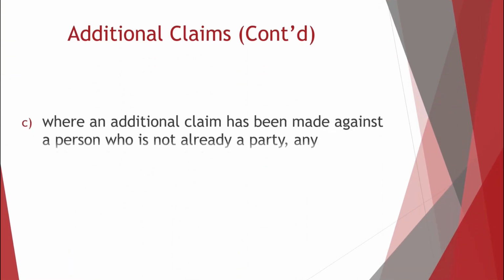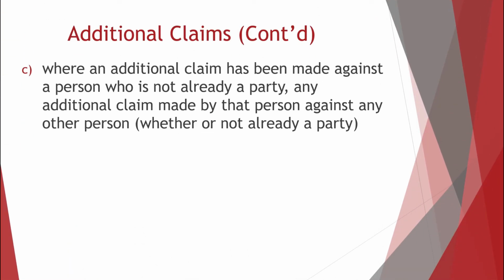An additional claim may be made against the existing claimant and other party to the proceedings, or a third party not currently involved in the proceedings. The remedy sought may include an indemnity, a contribution, or some other remedy. An indemnity entitles a party, usually a defendant, to recover any sum for which he is liable from a third party. A contribution is a partial indemnity. The party pursuing the additional claim is generally referred to as the Part 20 claimant.